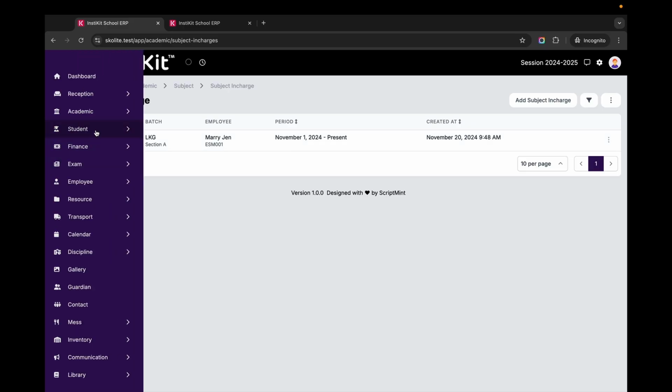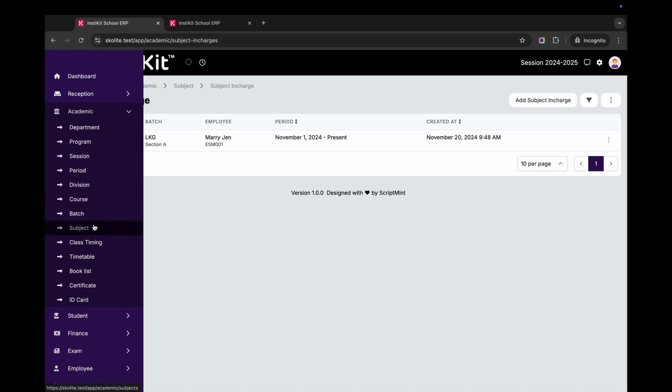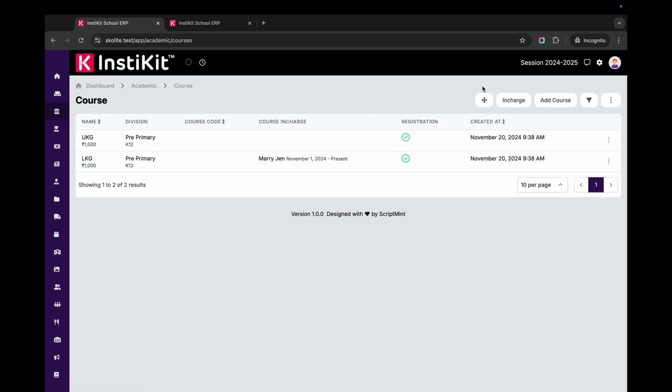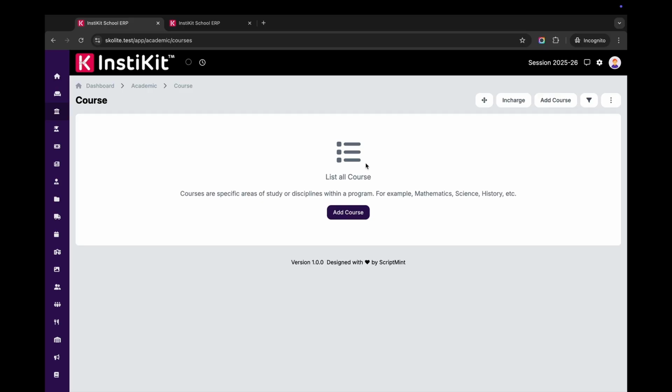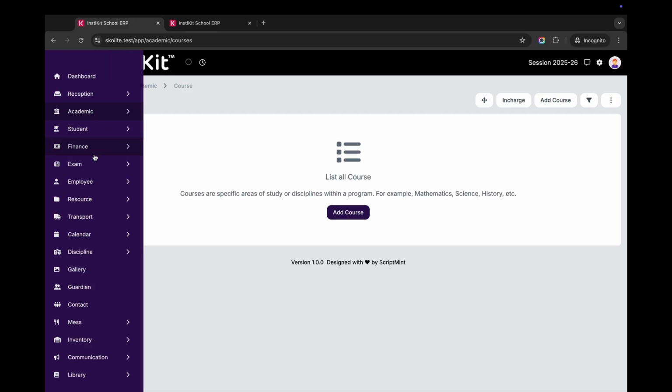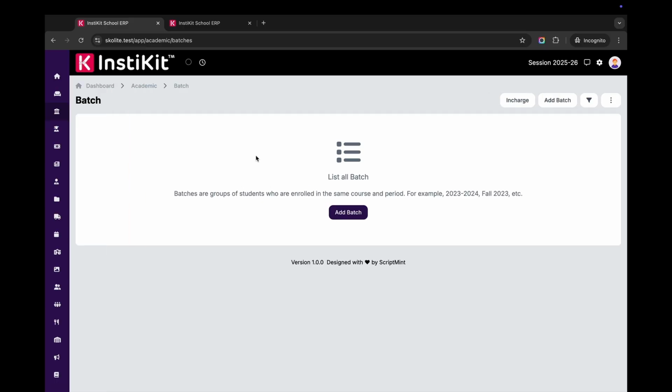All the submodules we have explored today are associated with a particular period. So we are currently in the period 24-25 and we can see the list of courses here, but if I switch to the next period, which is 25-26, I will not be able to see any course or any batch, etc. You can either create all these things manually again for the session 25-26, or there is a better option